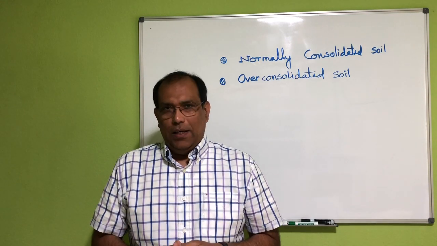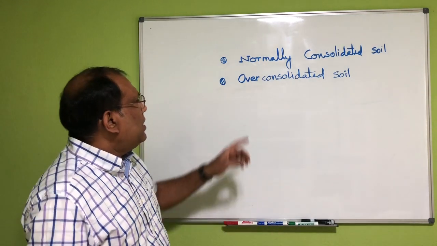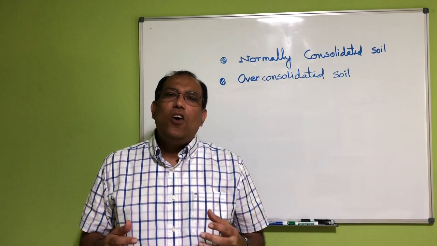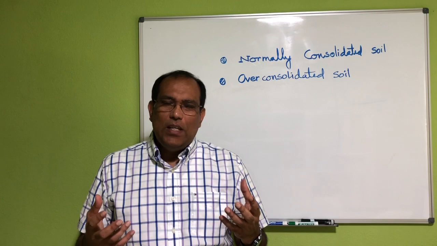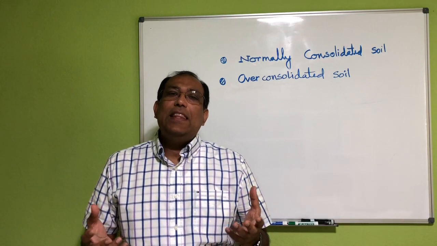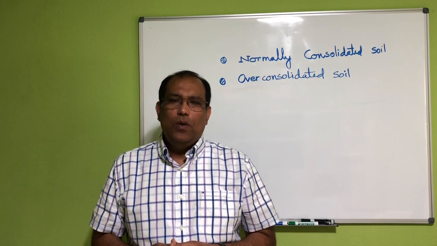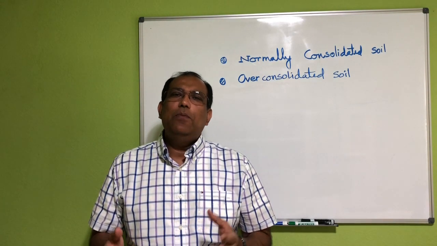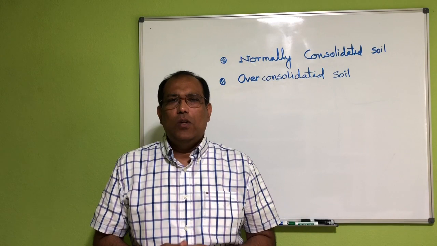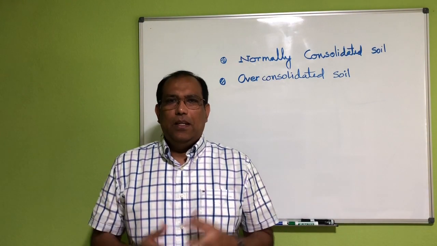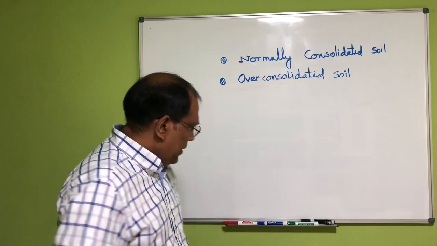Most of the time it's very difficult to get soil which didn't compact other than by its own weight. On the other hand, over-consolidated soil means the soil which has already been consolidated or compacted in the past, and now the force is not there, you don't see that one, but the soil is a little bit more compacted than the normally consolidated soil, and that doesn't undergo that much settlement. Let's say, for example,